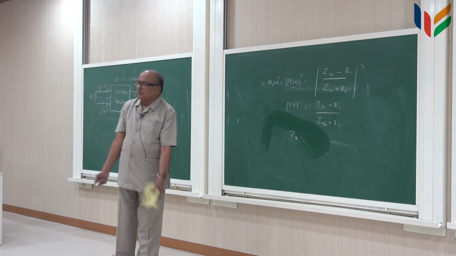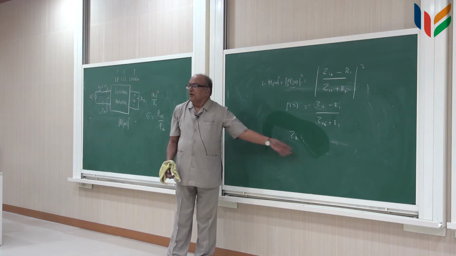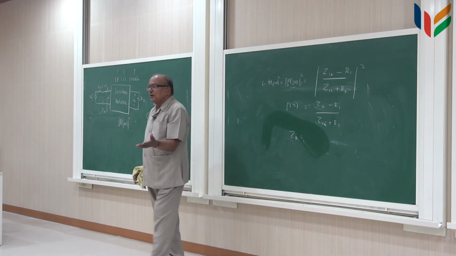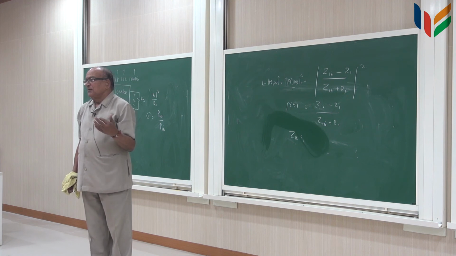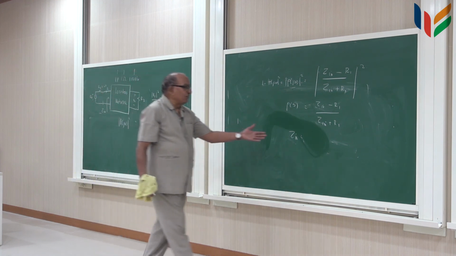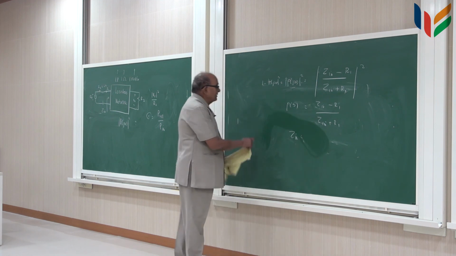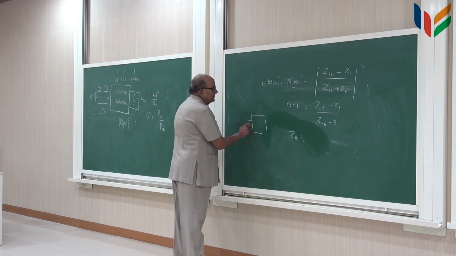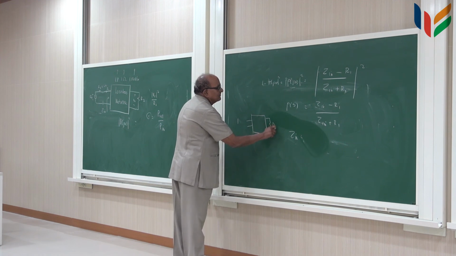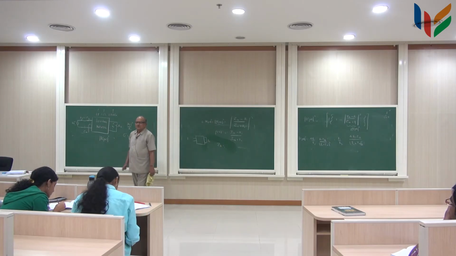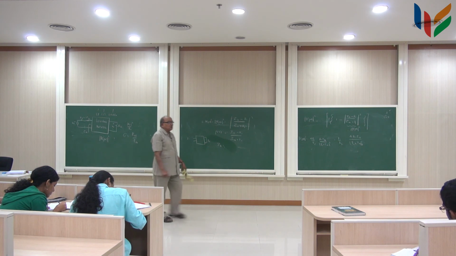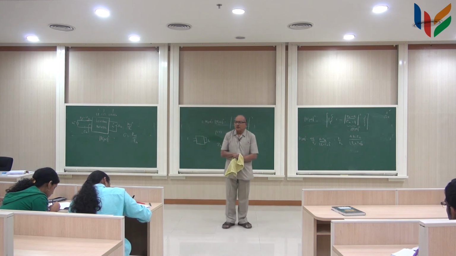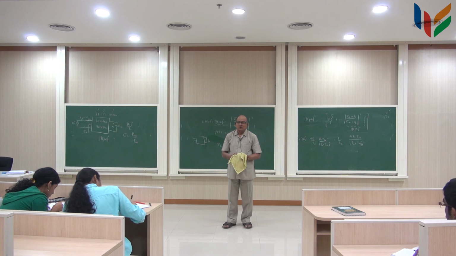So now the problem reduces to how do I synthesize a driving point impedance. We have the solution, Darlington's method. Okay. So that method will end up in a resistance R1, a lossless network terminated in R2. So this is the synthesis technique for the doubly terminated network, which is a practical network.